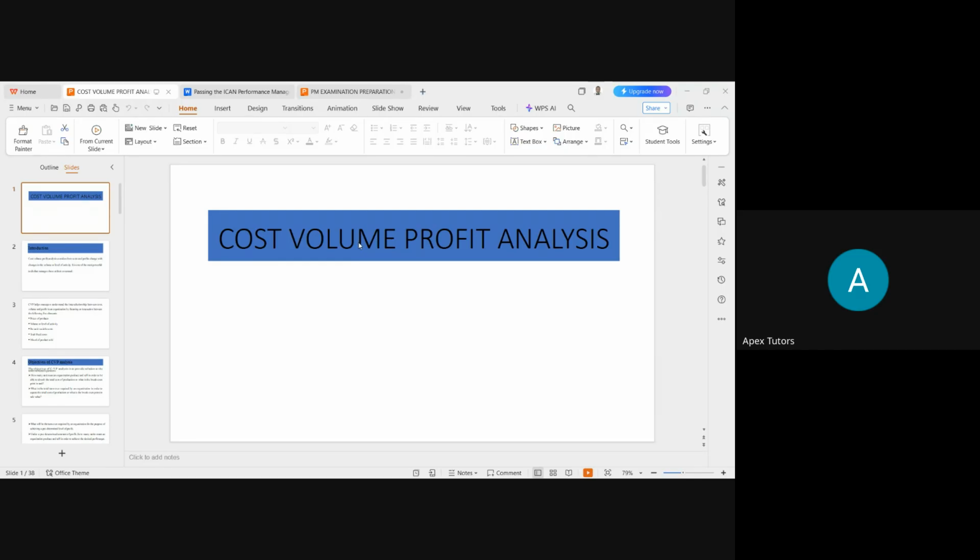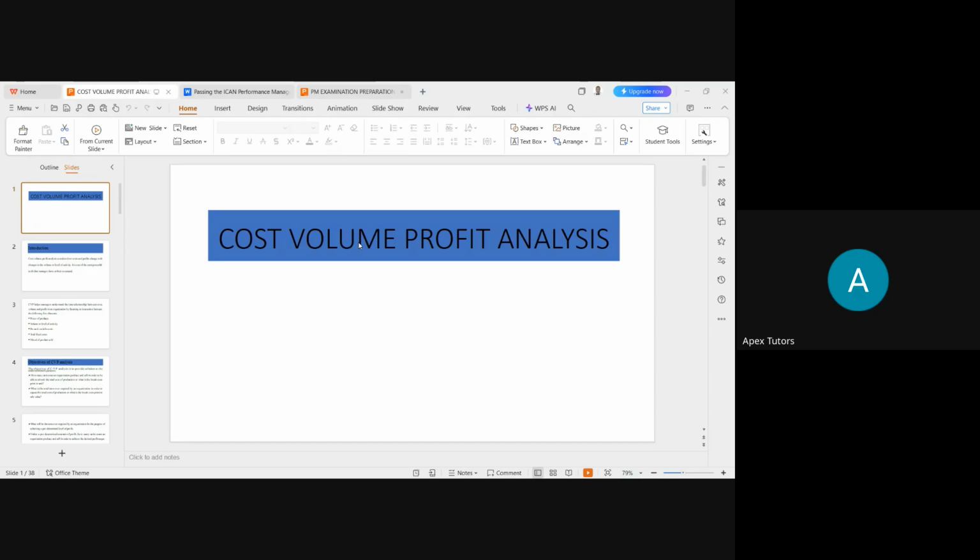So talking about cost volume profit analysis, it's a topic that can be tested in different ways, in different approaches. There are various ways questions have been tested on it. But once you know the guiding principles, you will not be thrown off balance in the exam hall. So the cost volume profit analysis, in short form referred to as CVP analysis,